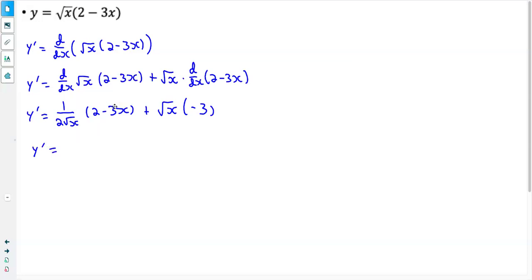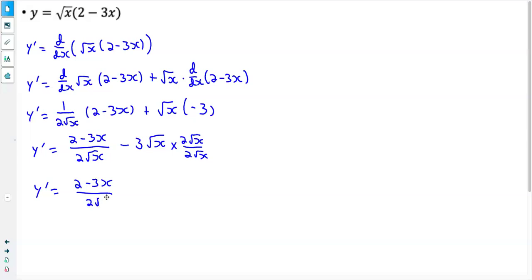Multiplying this first term out, we've got 2 minus 3x over 2 root x, and then minus 3 root x. Now, often we'll try to get things into one single fraction. So I would multiply this term by 2 root x over 2 root x so we can get the same denominator. That gives us y prime is equal to 2 minus 3x over 2 root x